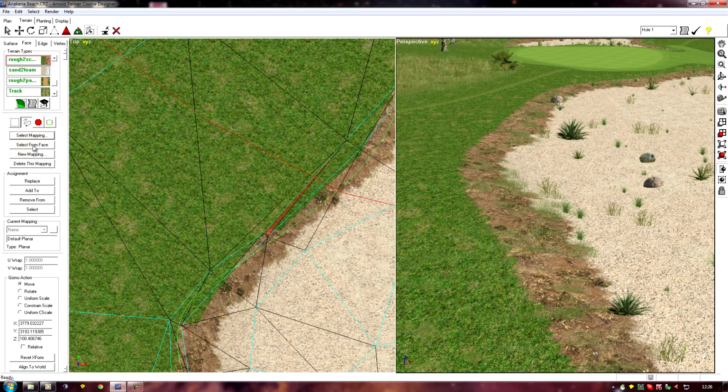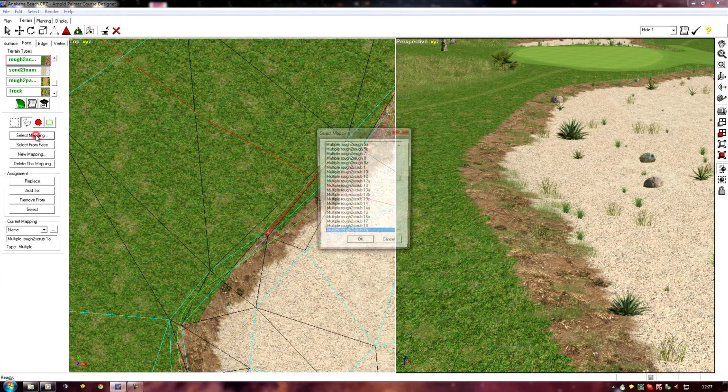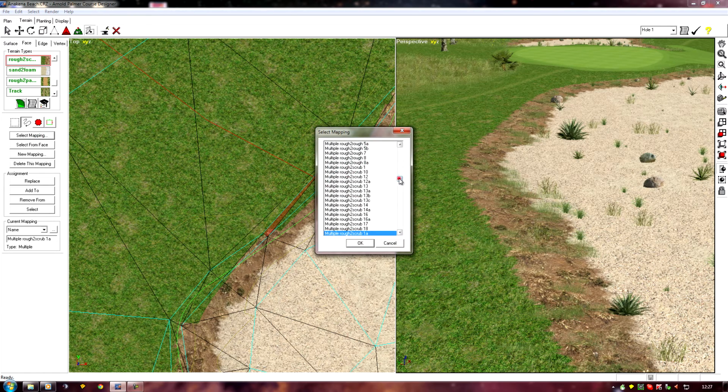Now what this will do is take whatever mapping, at the moment we're on default down here, it will take the mapping from whatever's highlighted. So if I select from face, we now find out what that particular multiple is called, and this is multiple rough to scrub 1A. So all I need to do is look for rough to scrub 1A in the list of mappings. So I'll go select, find the rough to scrub 1A,